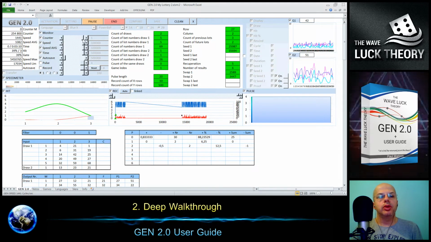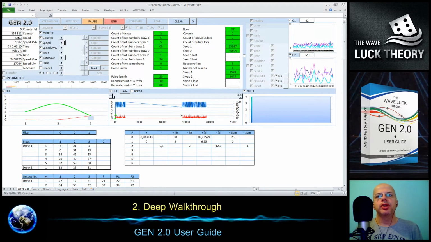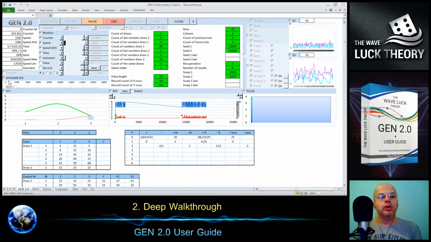So I put that on, and then the second parameter is the speed. I can refresh it also after every 1000. The speed we have is the actual speed of the gene right now. And as we are playing with all these parameters, the speed is quite low. We have just about 2000 cycles per second. It's not so long, but we can reach 17,000 cycles per second.